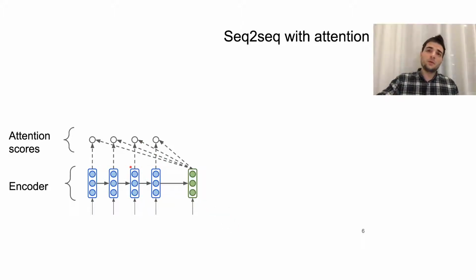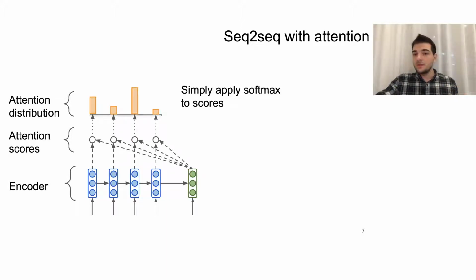But if you remember, for example, classification, you can recall that we can take logits and then transform them into a probability distribution, right? Here we propose the same idea. Instead of having scores, which can be any number from minus to plus infinity, let's first normalize them using softmax and get the attention distribution. Right now, we can see that the third element has the most attention, so the decoder is paying the most attention to the third element.